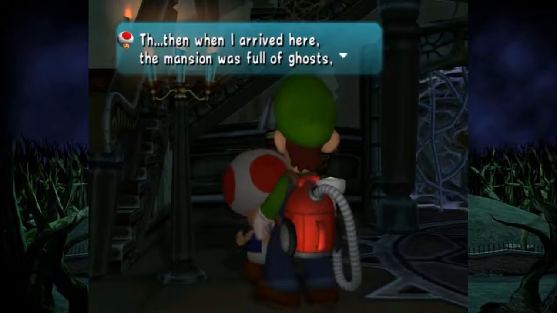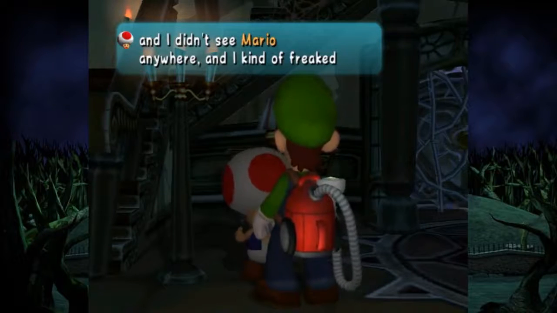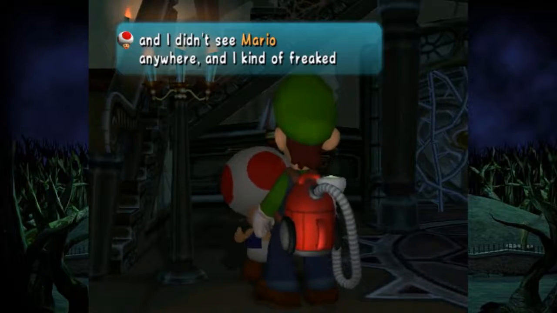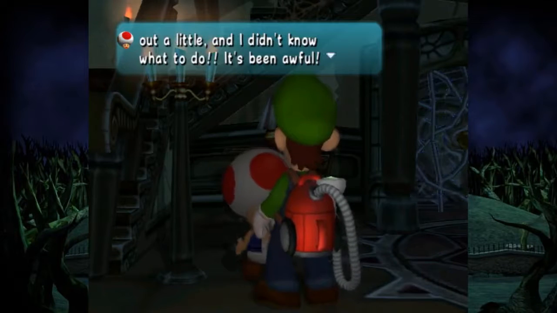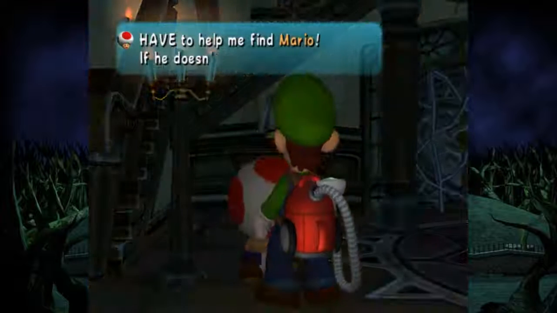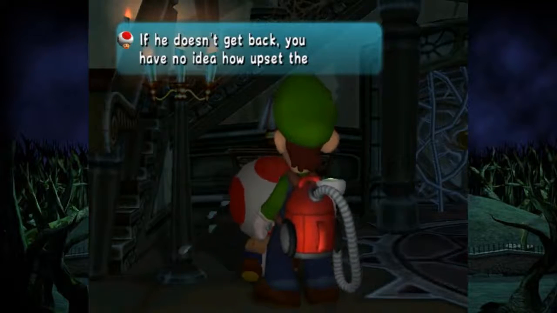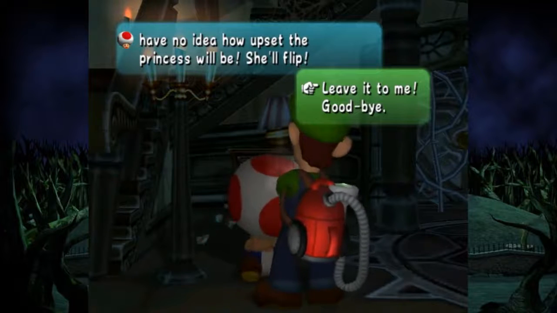Okay, he never returned. Then when I arrived here, the mansion was full of ghosts. Ghosts! Too bad we don't have, like, a group of kids. I'm sorry. Young adults. And their talking dog to help us. And I don't see Mario anywhere. And I kind of freaked out a little, and I don't know what to do. It's been awful. Please, please, you have to help find Mario. If he doesn't get back, you have no idea how upset the princess will be. She'll flip. She'll do a...